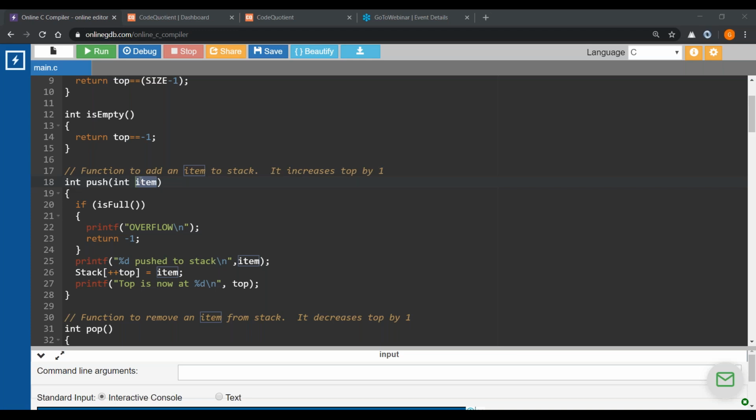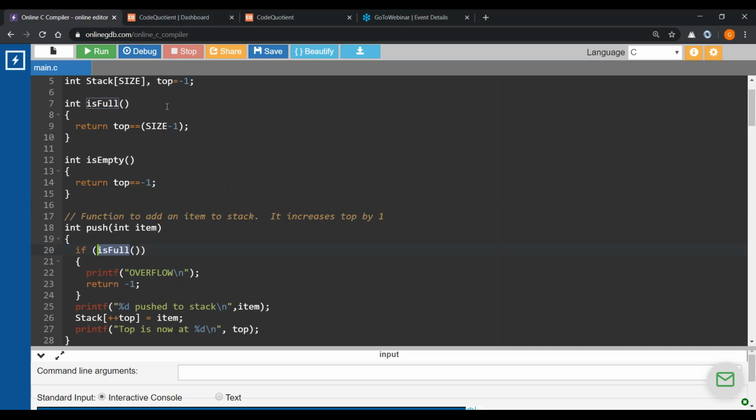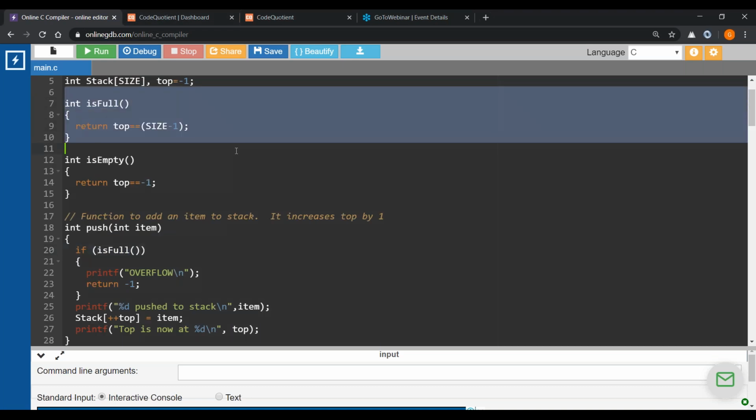So what I normally do is I will write that functionality, whether that array is full or not, in another function, and that function will be isFull. The convention says that checking whether the array is full or not should be put in a separate function. So for that I will call an isFull function. So let's go to the isFull function over here. Have a look at this particular code.